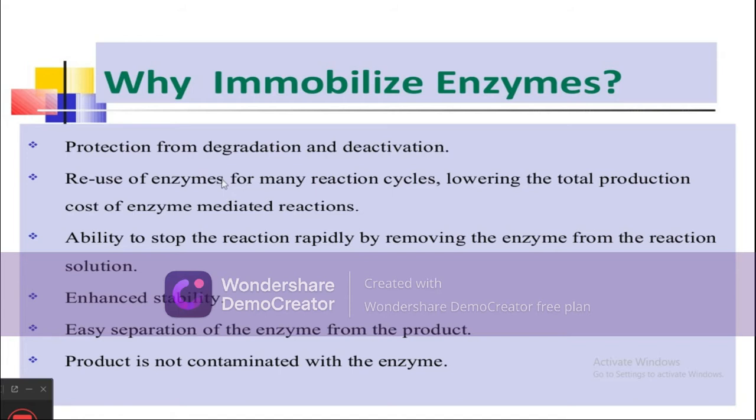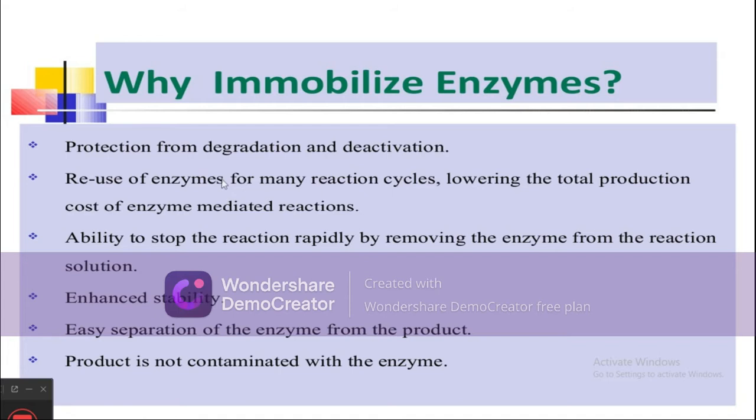And number two, the reuse of enzymes for many reaction cycles. As I said, you can use the enzymes and reuse them over and over again, for as many reaction cycles as needed, and as a result, it leads to lowering of the total production cost of enzyme-associated reactions. If you use your enzymes once, because of the hurdles and the pros and cons of isolating the enzymes, you have to follow the same procedure before you get the same enzyme. So if you are not immobilizing enzymes, even in industry and the pharmaceutical industry and many areas of life, you can find the enzymes or the products of that particular enzyme to be highly